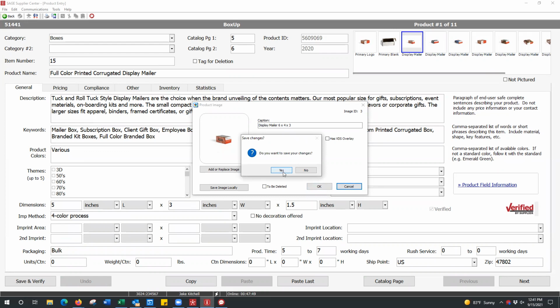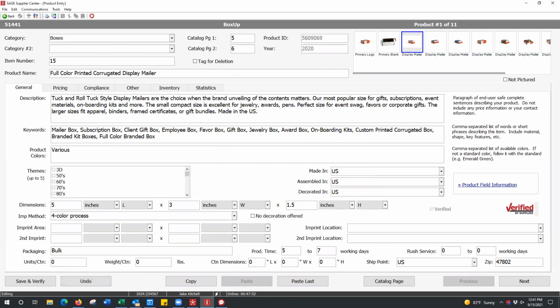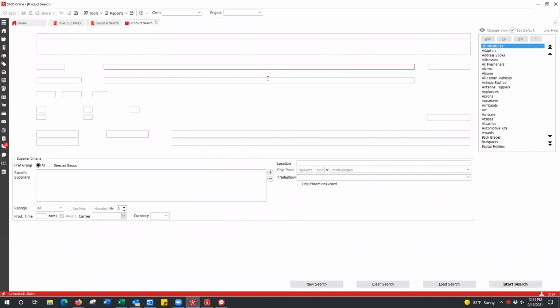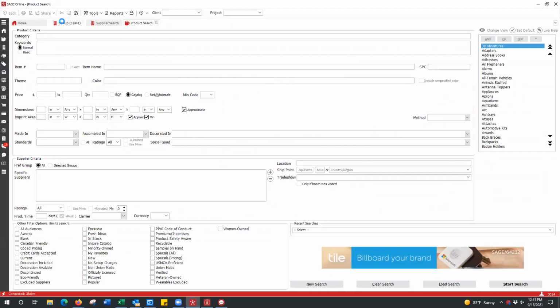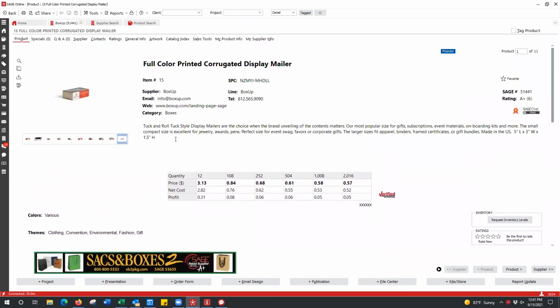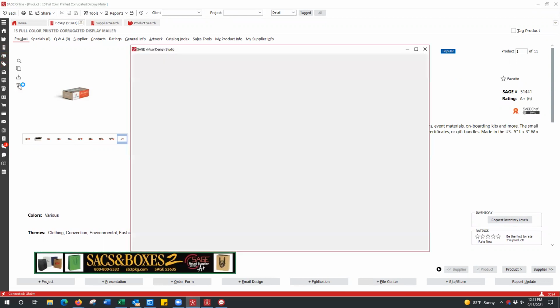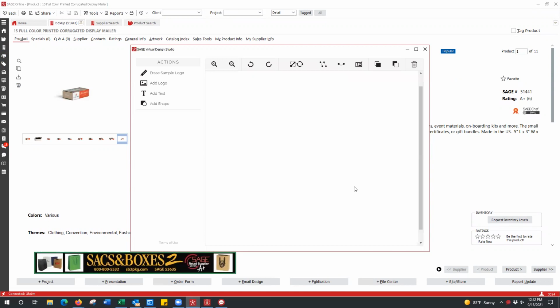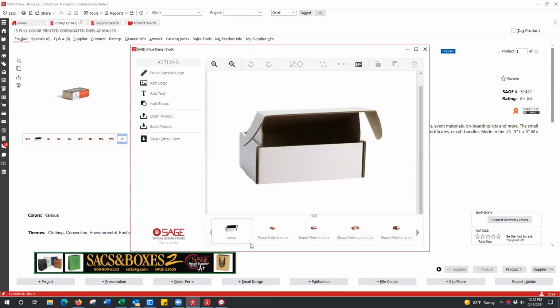So what is the design studio? I'm not sure I was familiar with that. Okay, yeah, let me show you how that works. It's really kind of cool. It's built into all of our Sage tools, including our website. So if a distributor wants to do a mock-up of a product, they just click this little coffee cup right here, and it opens up the virtual design studio. But because you don't have these marked as logo, it goes ahead and pulls those in. Got it. So if only one would be marked as non-logo, it'd just be the one box that would come up.